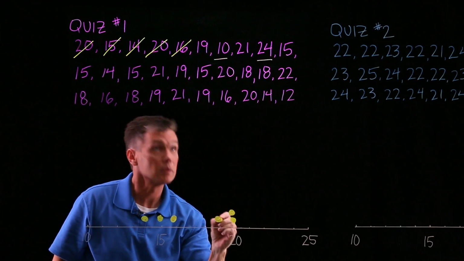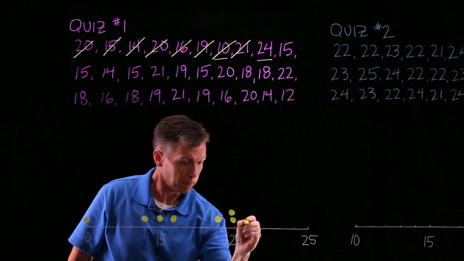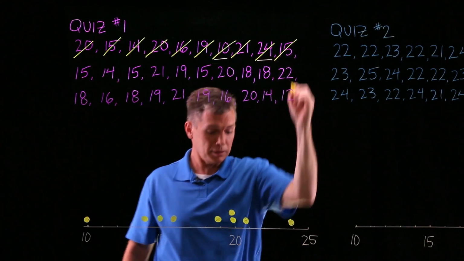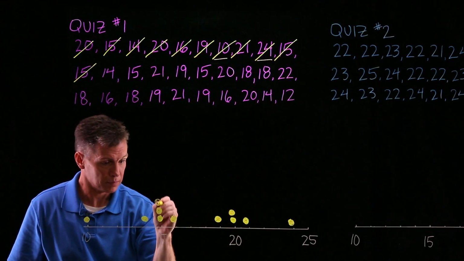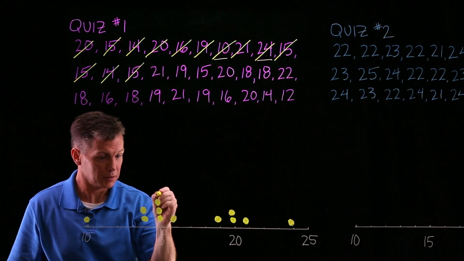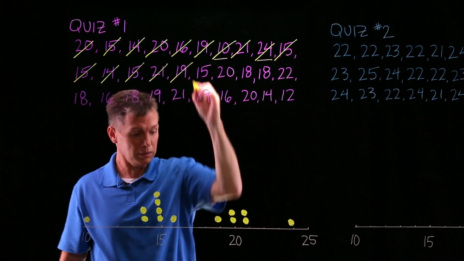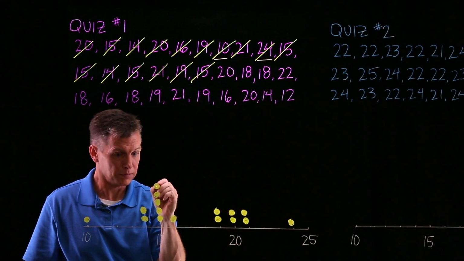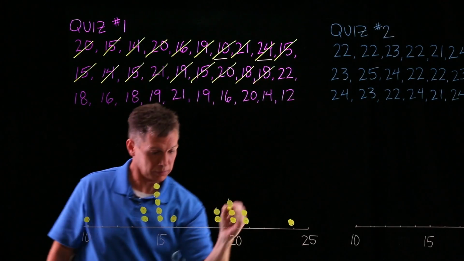19, there's the 10, 21, 24, 15, stacking that one on top, another 15, 14, 15, 21, 19, 15, 20, 18, two 18s,